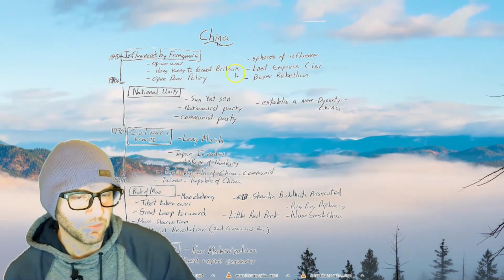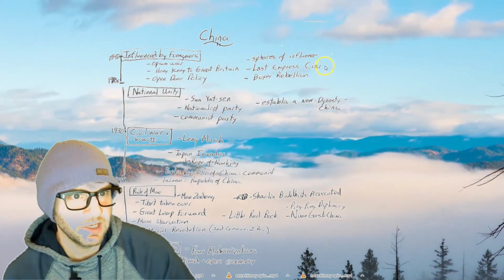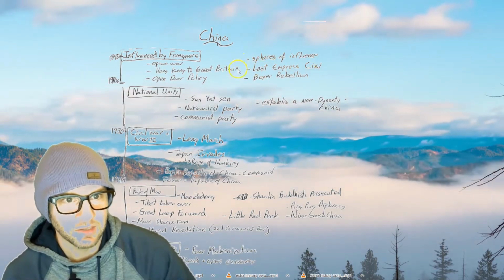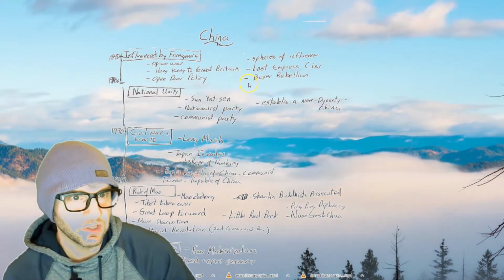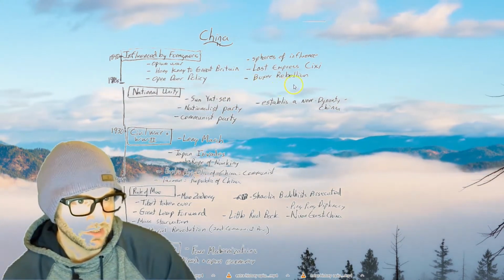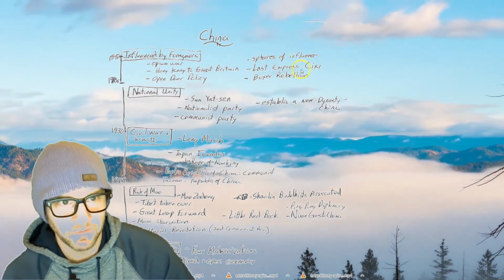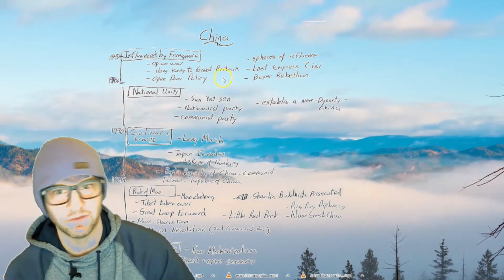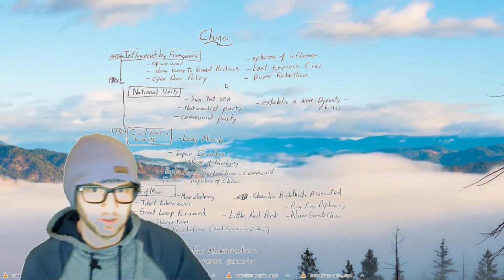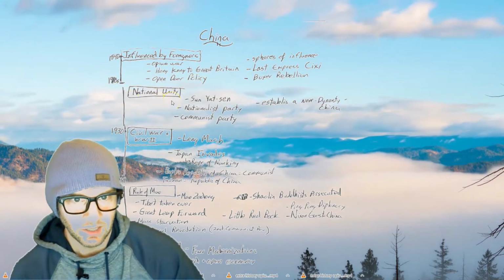We see from earlier in the year, this is the last Empress Cixi, and the nationalism of China at the end of the century starts boiling over, and China starts to become more nationalistic and wants to reject foreigners in the Boxer Rebellion. The Boxer Rebellion fails, but the spirit and the idea lives on, which brings me to the next phase, about 15 to 20 years, of national unity and